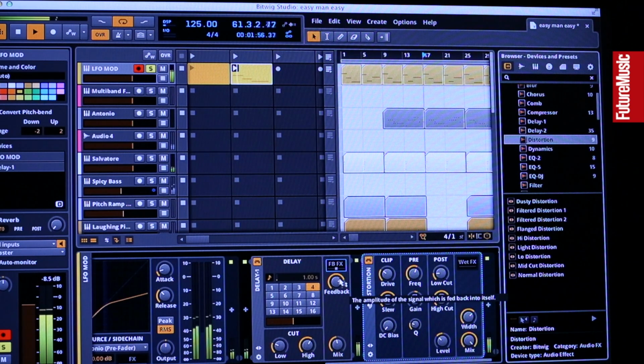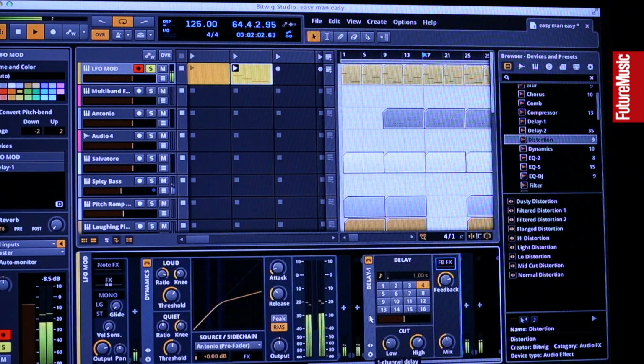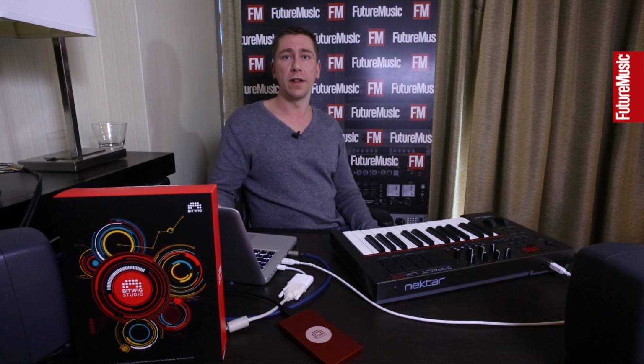And you can hear that with every repetition of the delay, the distortion is introduced more and more. It's cool for dub delays if you take distortion, and it's cool if you take a pitch shifter, and every repetition of the delay we just pitch shift it again. We have those feedback FX slots in every place where we think it's useful.